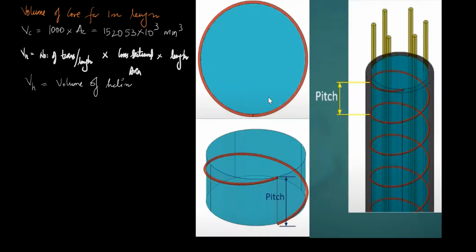That is, I can say this is the pitch length, this is the length of the pitch. So this turn means what? This turn means some circumference, right? It is a perimeter or some circumference distance, right? That is, if I am approximating this to a circle, if I am looking from the top, I can see this as a circle, and this circle is having a diameter equal to the diameter of the helix. That is the inner diameter of the helix.